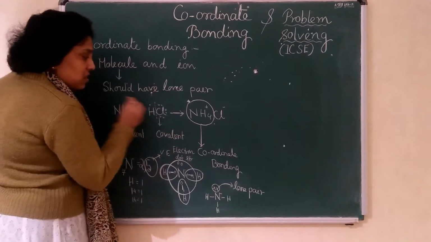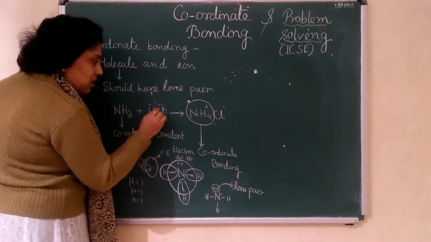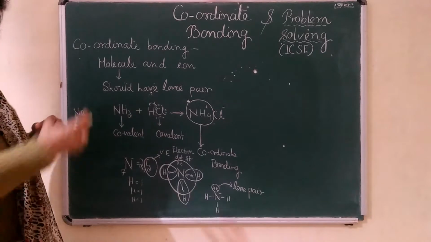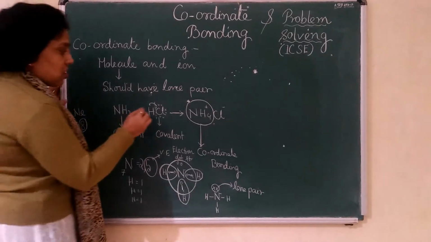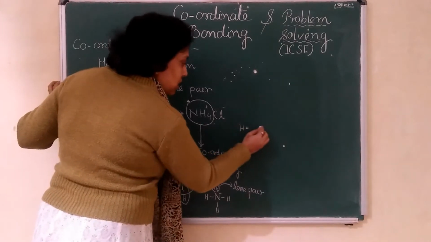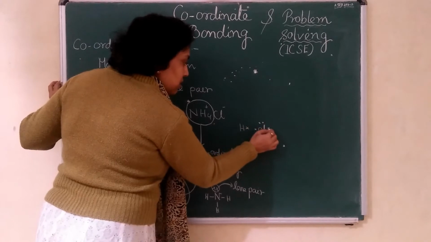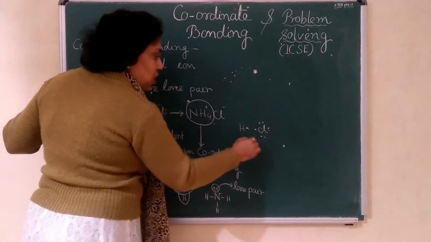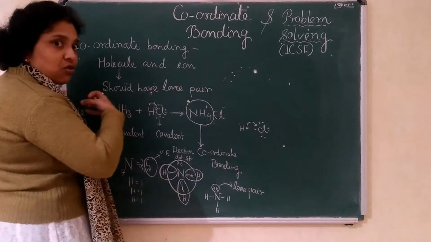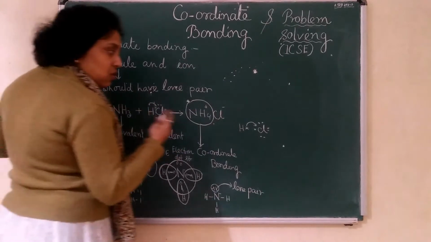Now when the bond breaks, this electron will shift to the chlorine side. It will abstract that electron. So what is happening in HCl? Hydrogen is 1 and chlorine is 7. When the bond breaks, the electron is given to chlorine because chlorine has more electronegativity. Its tendency to abstract the electron is also more.